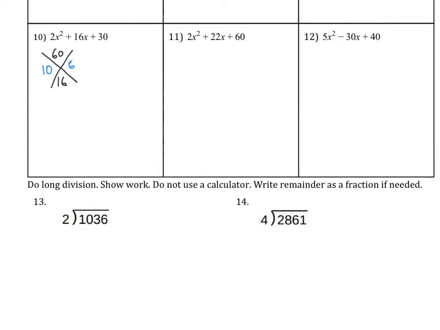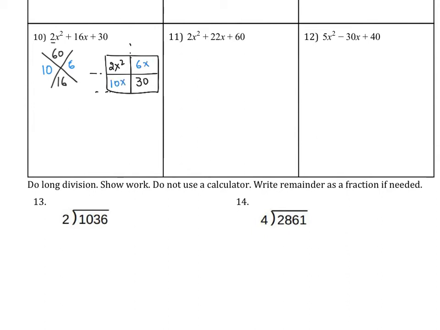Now since there is a number in the front, we cannot just write the factors x plus 10 and x plus 6, because there is a number in the front. So this requires a box. So we're going to make a box here where the first number is going to be the first number here, 2x squared, and then the last number 30. The other two places will be filled with the numbers that you just found, that is going to be 6x